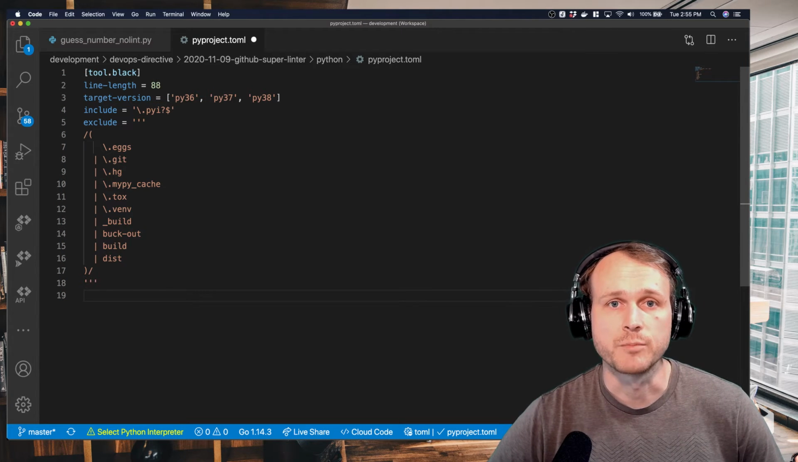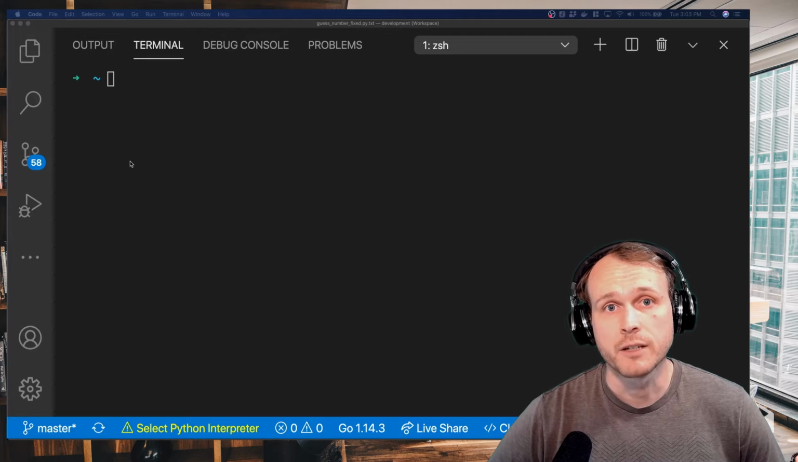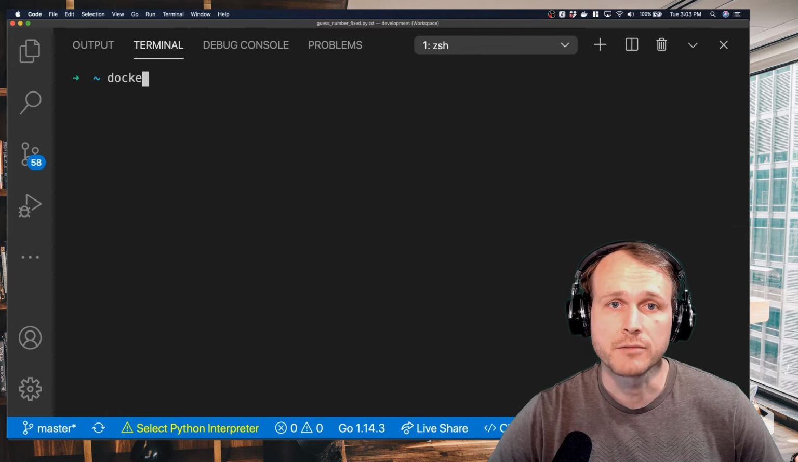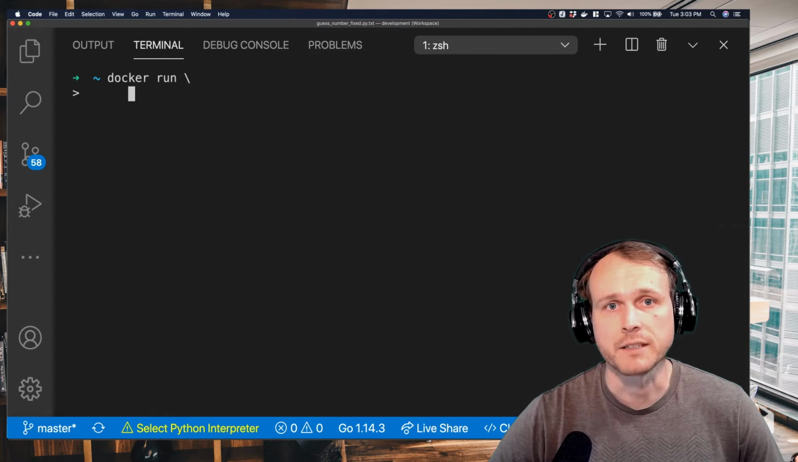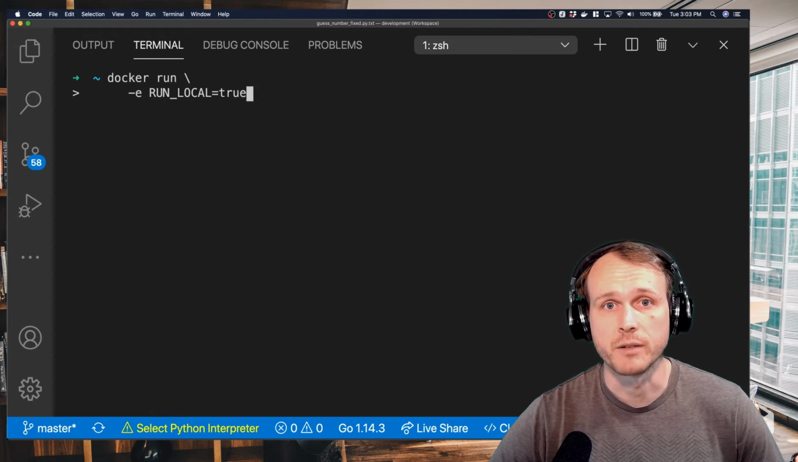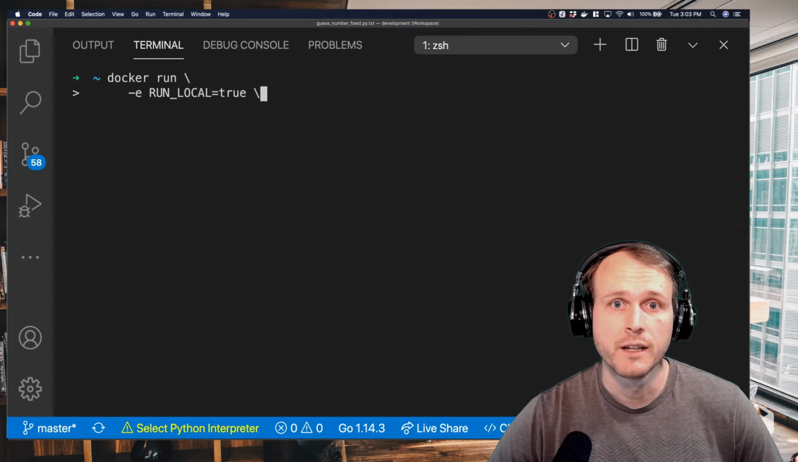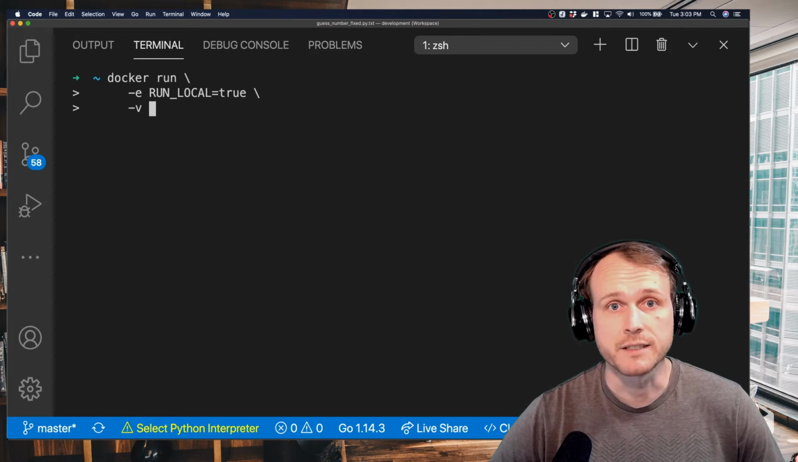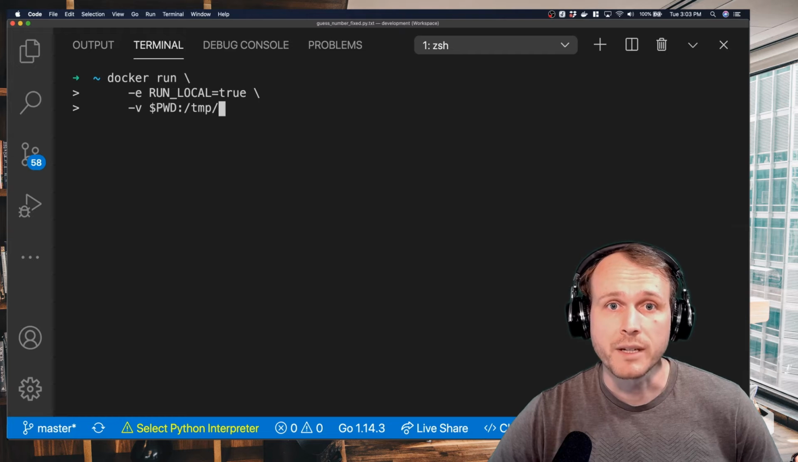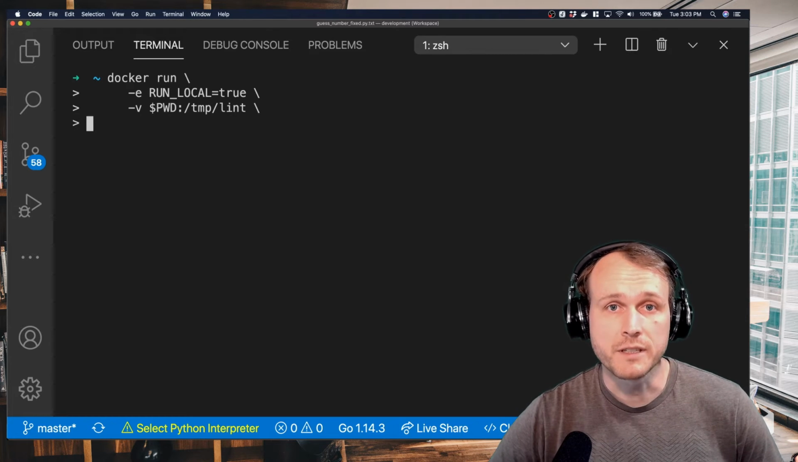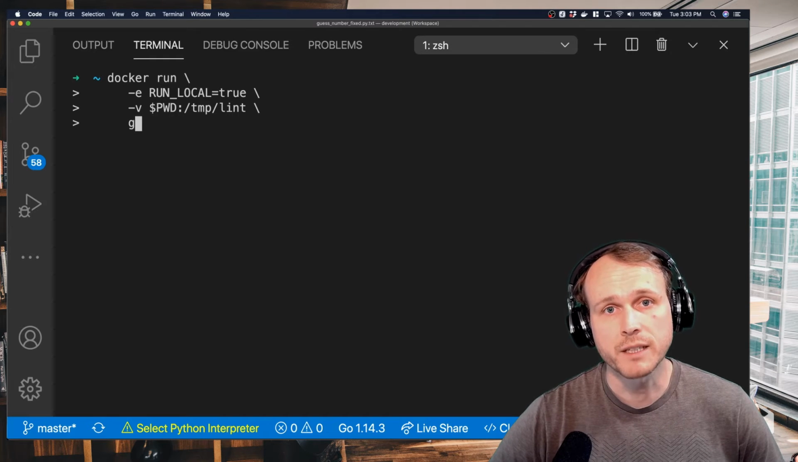Because the Superlinter is bundled up as a public Docker image, in order to run it locally, you'll need to have Docker installed. Once it is, the command to run it is docker run, passing the run local equals true environment variable, which tells the linter to skip over some GitHub action specific logic. We can then use the -v flag to set up a volume mount with the directory where the code lives, mapping it to the /temp/lint directory within the container, which is the default directory where the container is going to look. Finally, we pass it the public image tag of